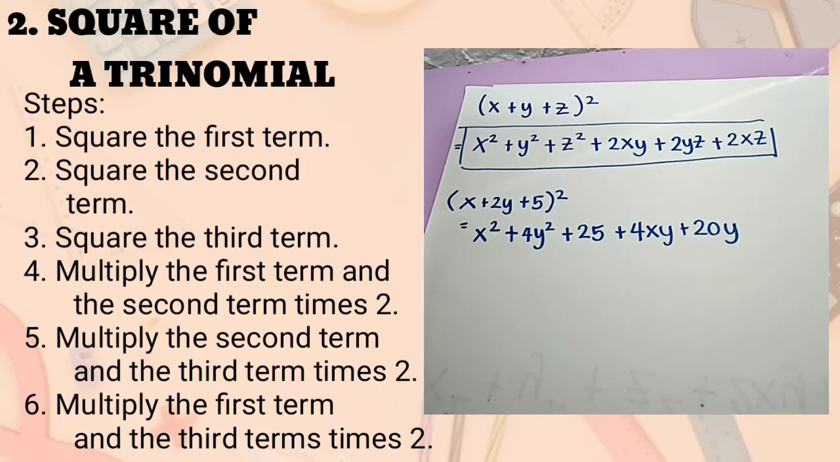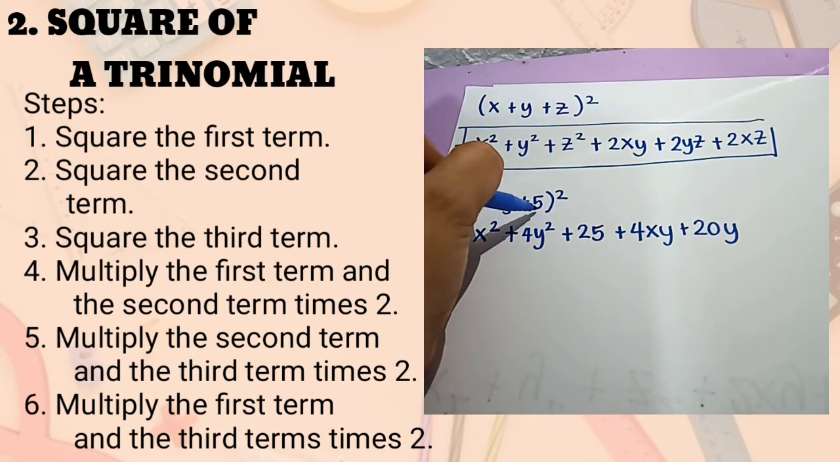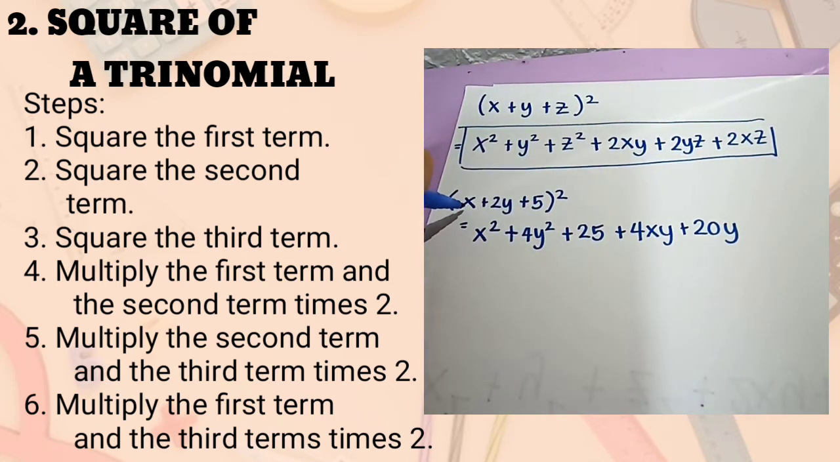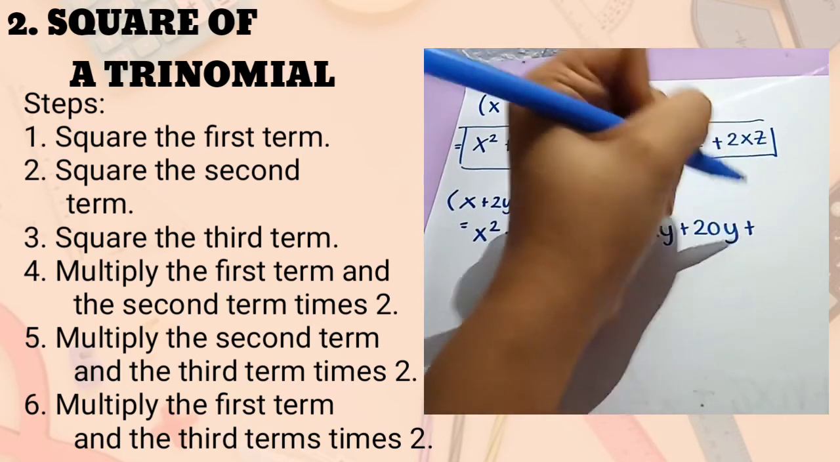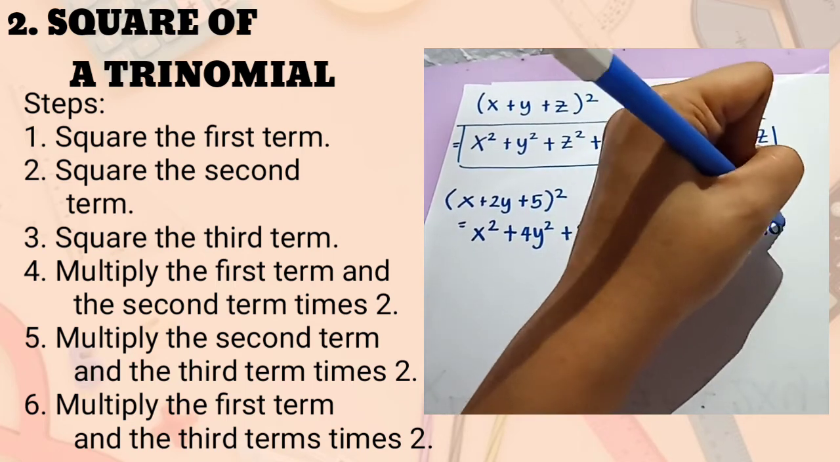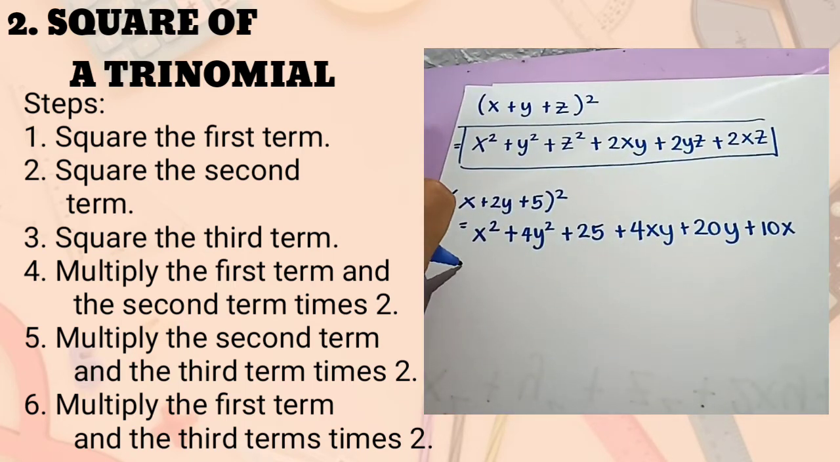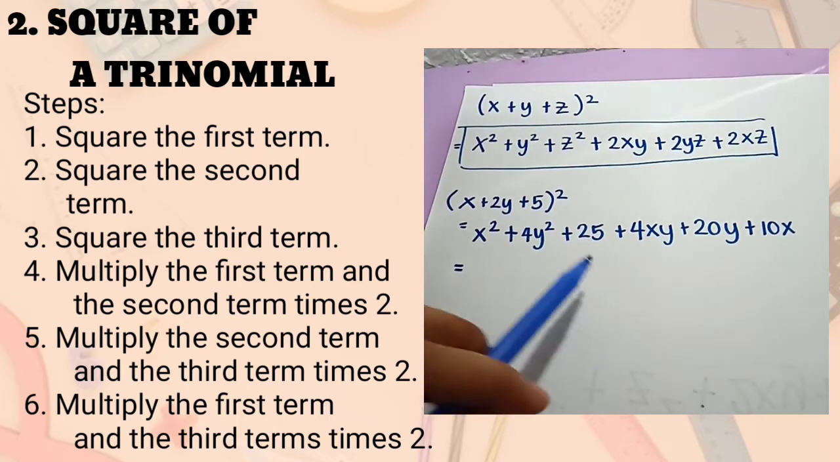Okay? And next, we will multiply the first term by the third term, times 2. So, x times 5 is equal to 5x, times 2 is equal to 10x. Kaya, 10x. Okay? So, since ngayon, hindi arranged yung ating